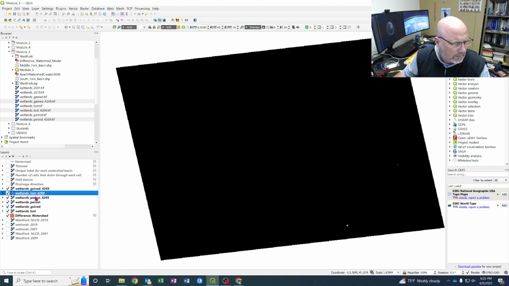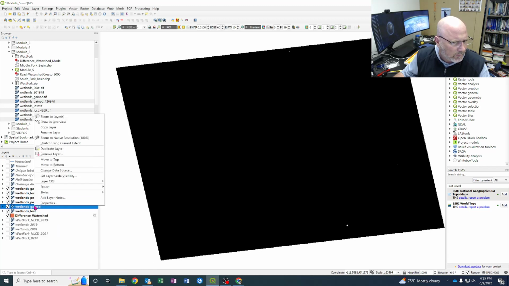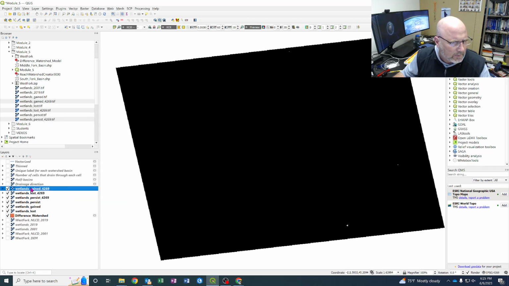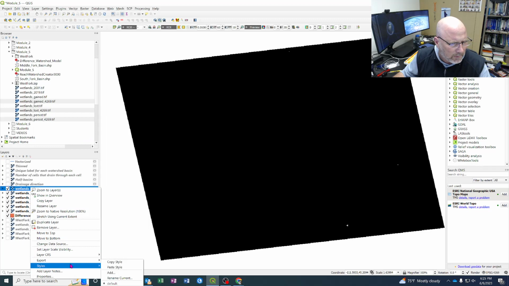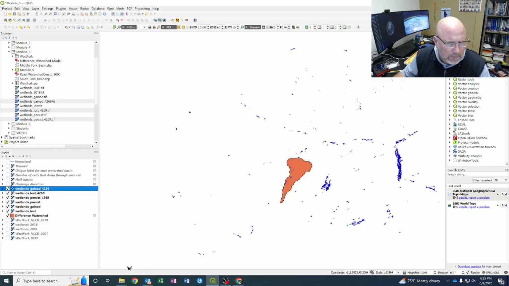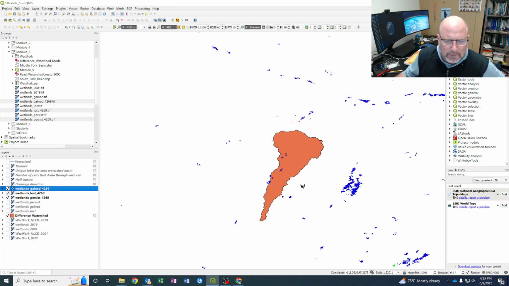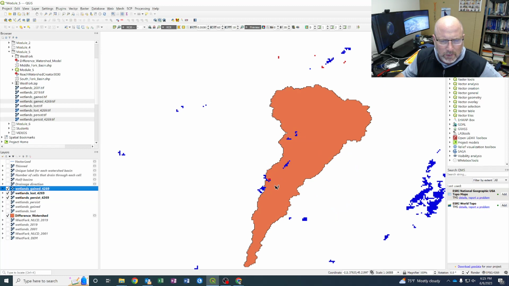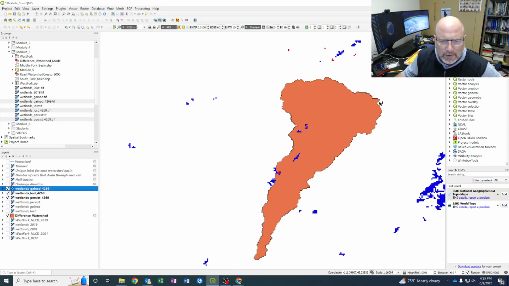Paste that style and my wetlands gain style. Should make it visible on all of them. There we go. And so if I take a look in my area here again, within my polygon, I can see that there is no wetlands gain, but there is a little bit of wetlands lost, and then the rest of the wetlands in there